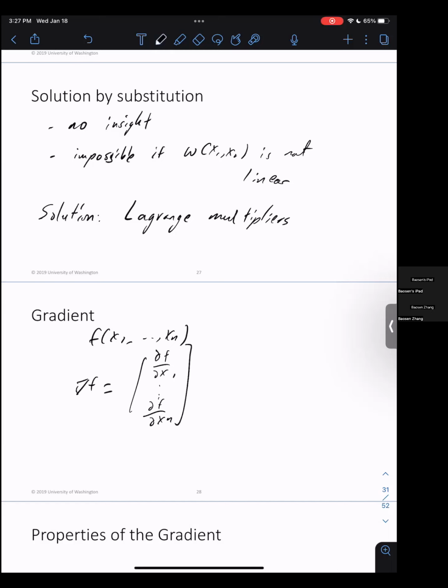In the unconstrained case, you look for when this gradient is identically zero. In the constrained case, you cannot make this zero, because in that example you have to move on this line. There's no guarantee that at any point on that line the gradient is zero. So the whole idea of Lagrangian multipliers is,